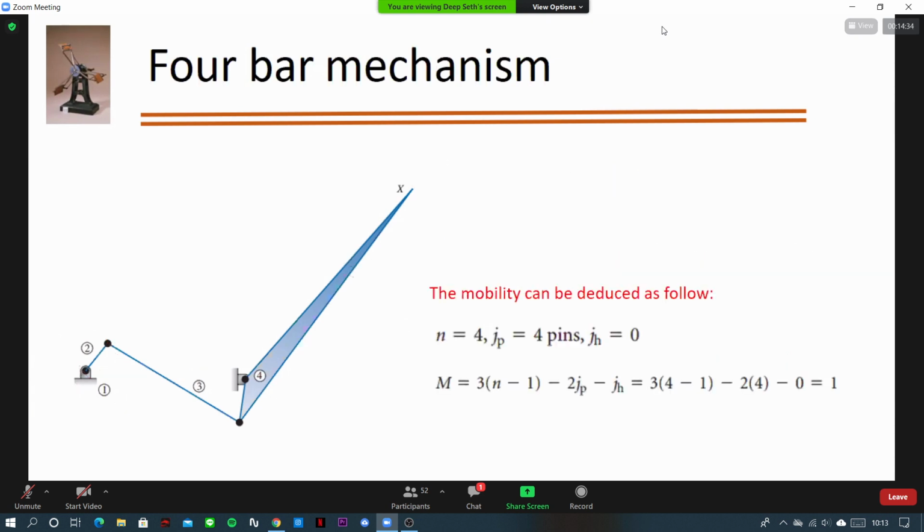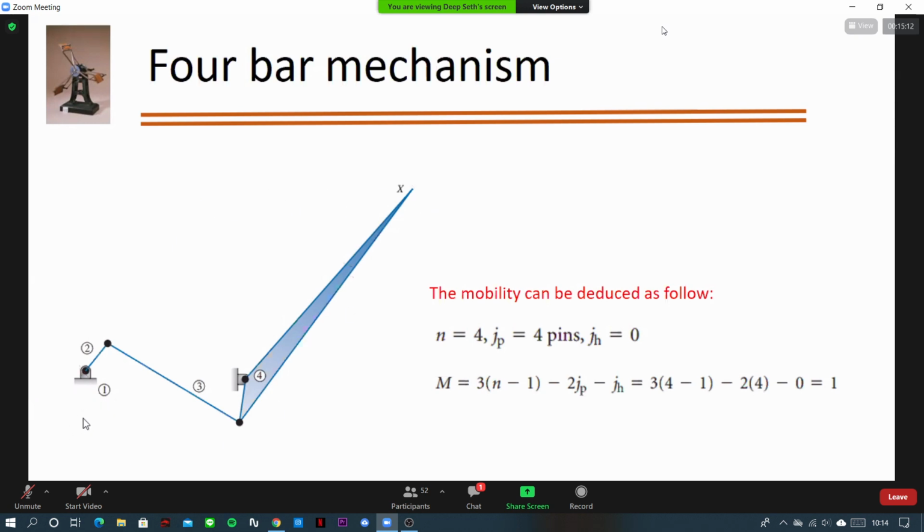Now let's see how you will find the degree of freedom for this, or you can say the mobility. Almost always, whenever you are using a 4-bar mechanism, you are getting 1 degree of freedom as output. Okay, means only one directional output you will be getting. For example, here you're giving input as a crank rotation, but the output you are getting is a rocker motion, right? Oscillatory motion you are getting as an output.